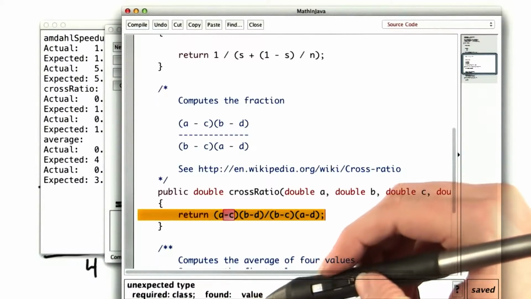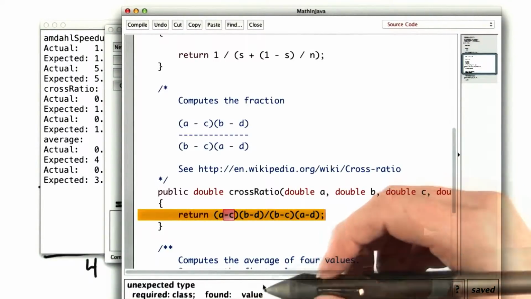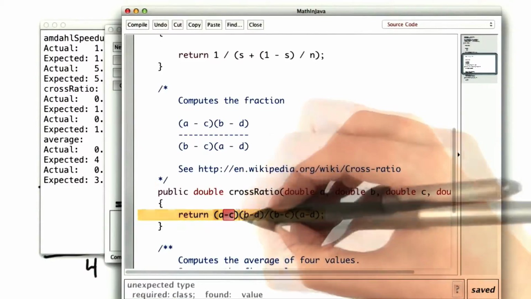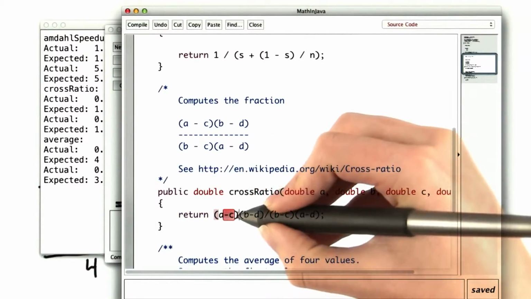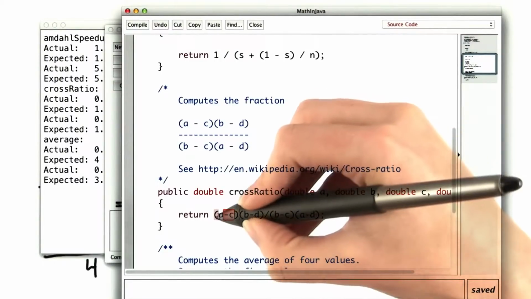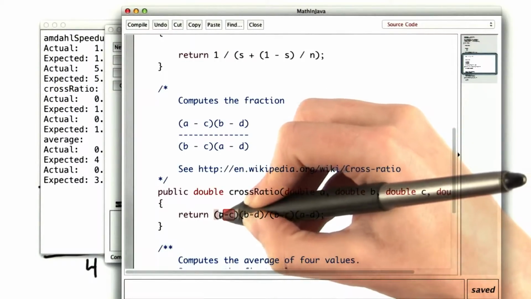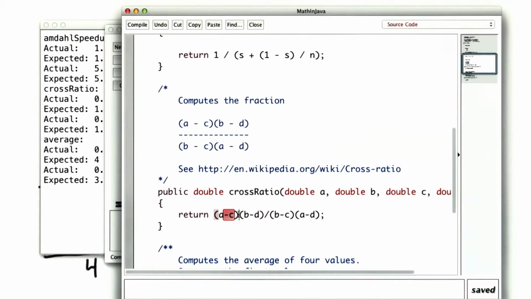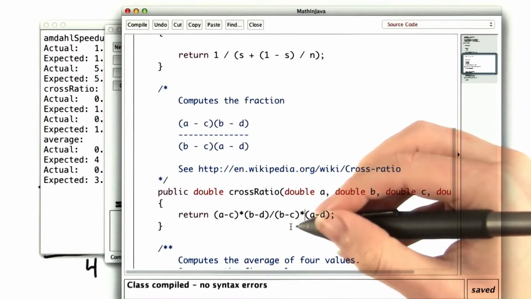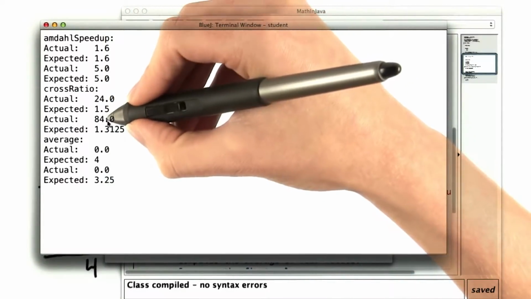This error probably doesn't make a whole lot of sense to you yet, but this is a little hint of what's to come. A pair of parentheses like this, immediately followed by some other quantity, has another meaning. In particular, if you put a type in here instead of an expression like a minus c. What I need to do is indicate that I want to multiply, and I'll need to do it over here as well. And now if I try to run the tester again, I'm definitely not getting right answers for the